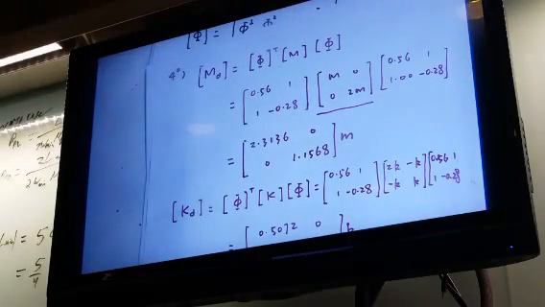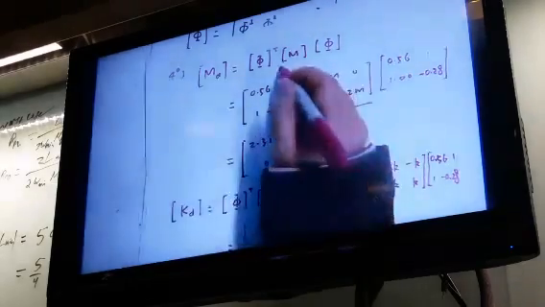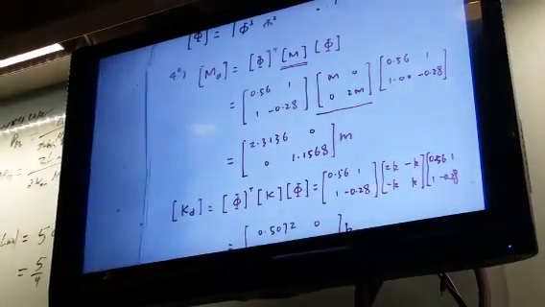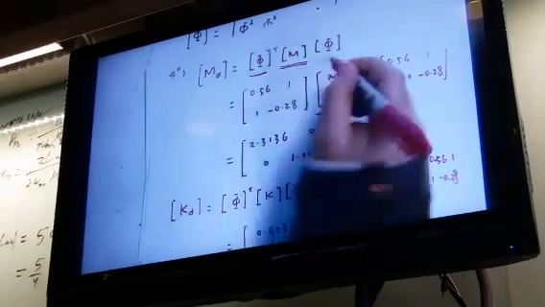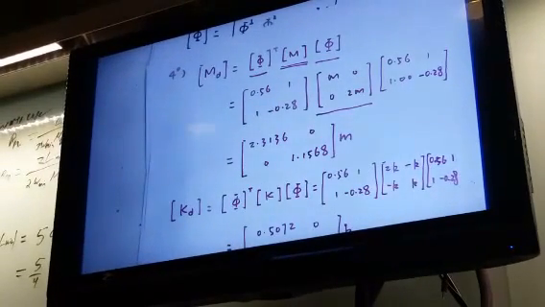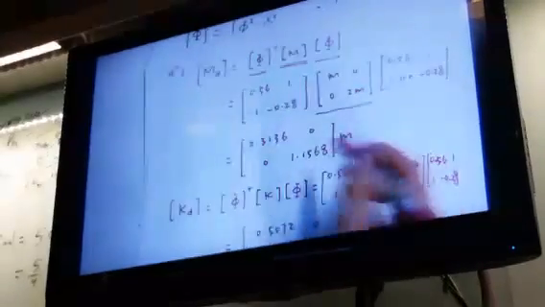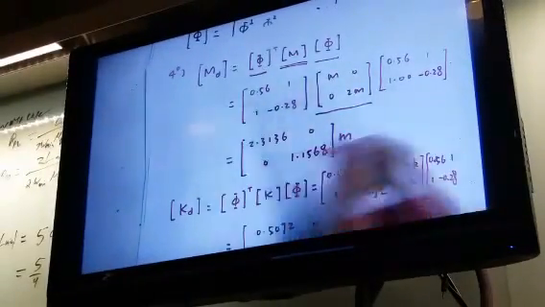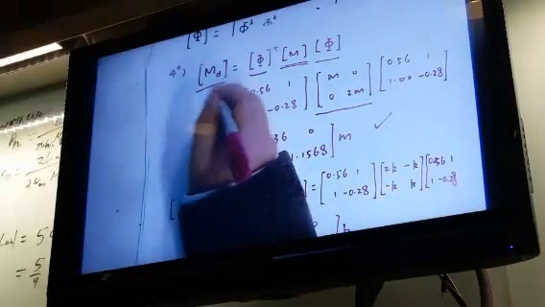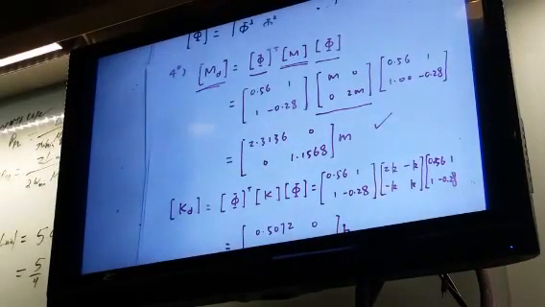This is the procedure for how we transform the M matrix. M is the mass matrix you form in Cartesian coordinate. Phi is the matrix you form through the assembly of the eigenmodes. 2 by 2 times 2 by 2 times another 2 by 2, three 2 by 2 matrices. When you finish the calculation, you get another 2 by 2 matrix. This is the so-called diagonalized mass matrix